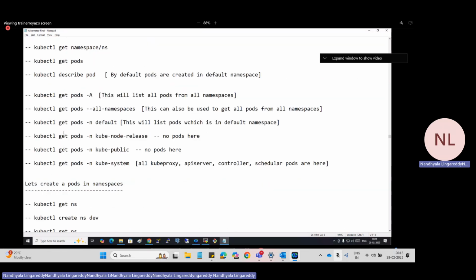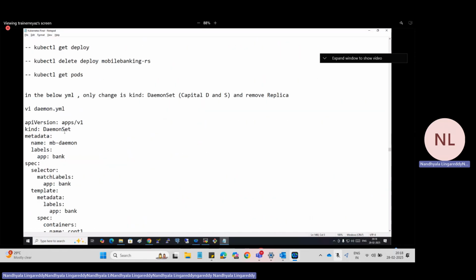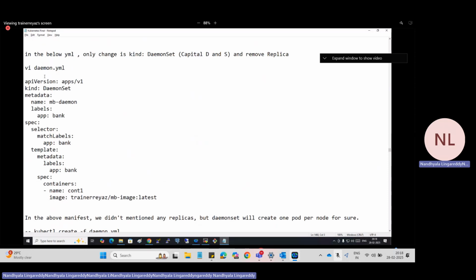But for daemon set, we don't have any replicas. I didn't put any replicas here, but still how many pods will it create? One pod per node. How many nodes are there? 3 nodes. How many pods will it create?